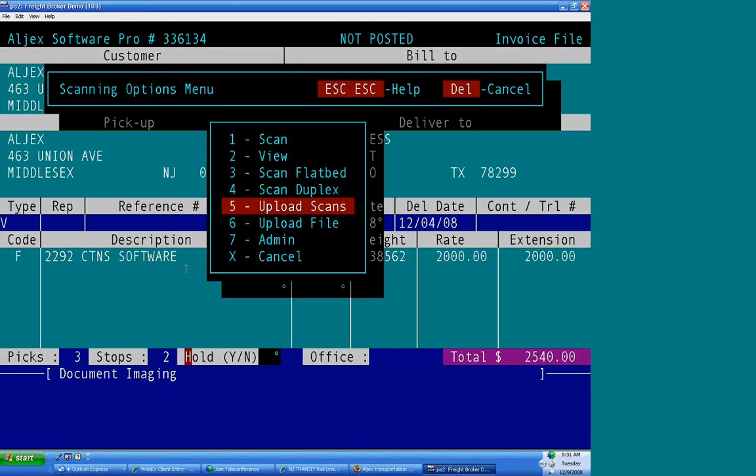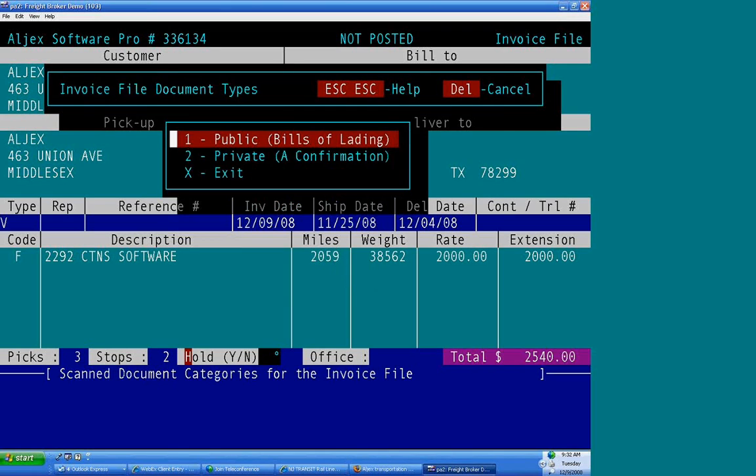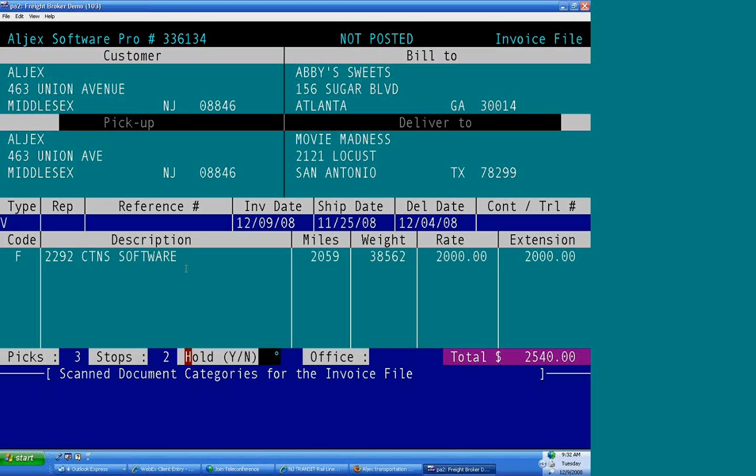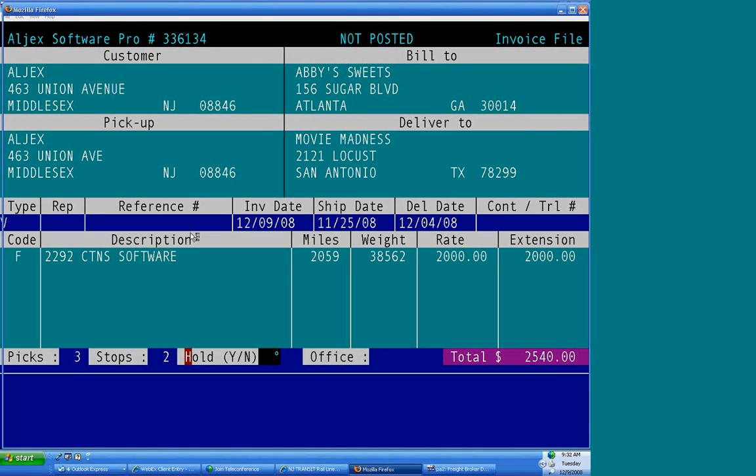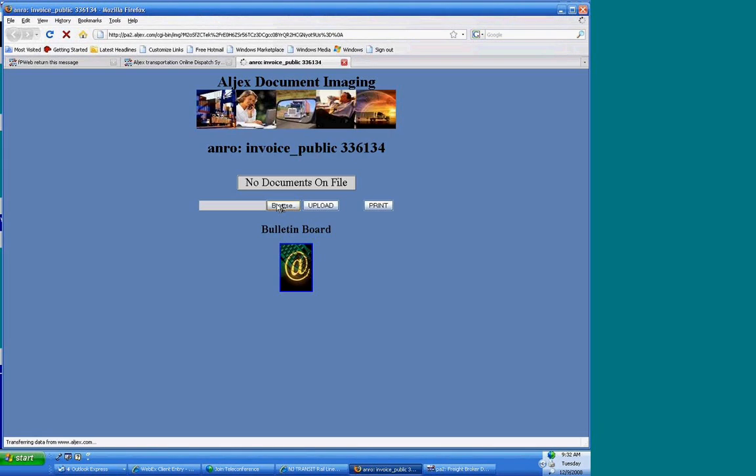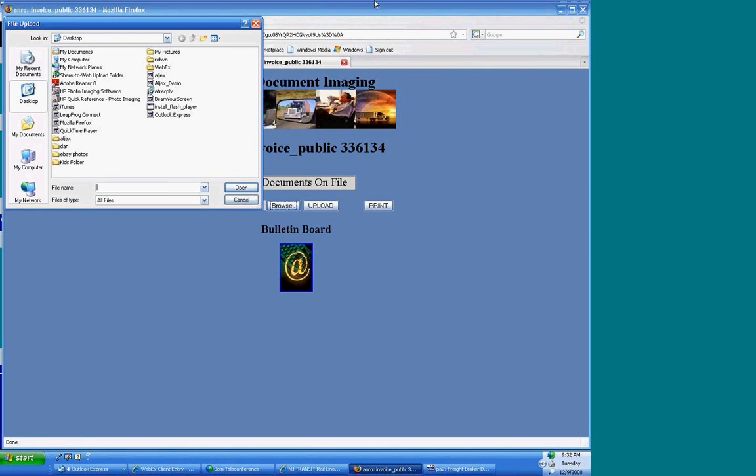Your other option is that you can upload a file. If you receive your proof of deliveries or any paperwork via email, even such as an email or an Excel file, you can also upload those, option 6. Choose whether it's public or private, and a web browser will open. You would browse your desktop, choose your documents,